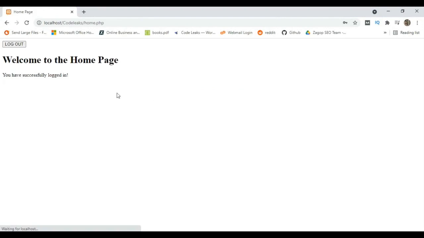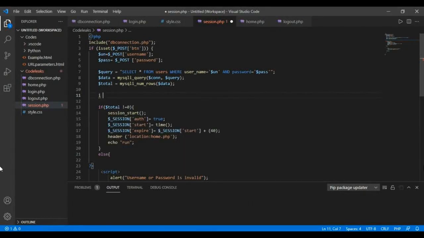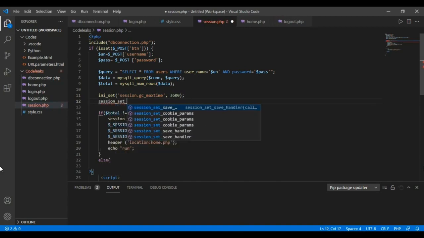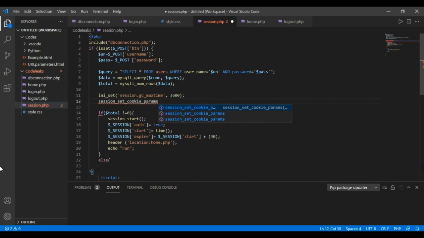So now I'm getting logged in again, and now if you count like 10 seconds, it will not get logged out upon reloading the page. You can see upon reloading it is not getting logged out. I'm now doing some changes in the session.php file, because you can place an upper limit on the session time by modifying those criteria if the sessions are enforced with cookies, which they almost certainly are. So I have mentioned 3600 seconds, that is almost 60 minutes session time.